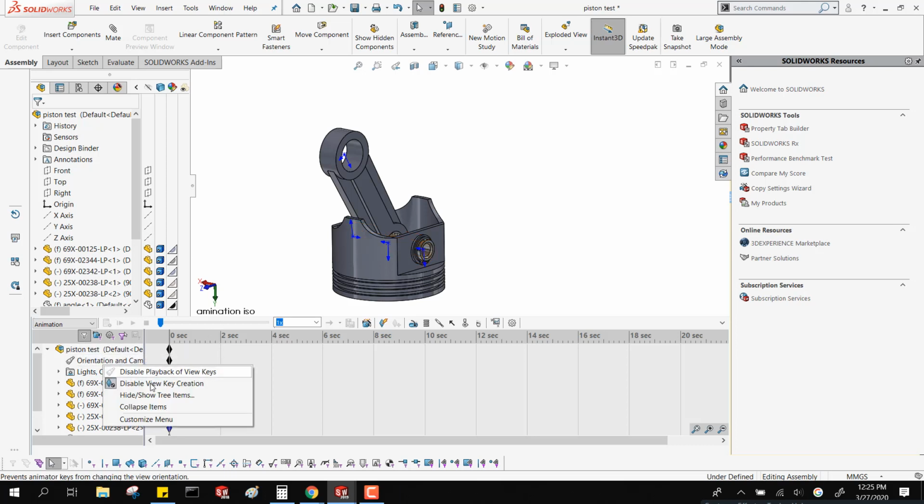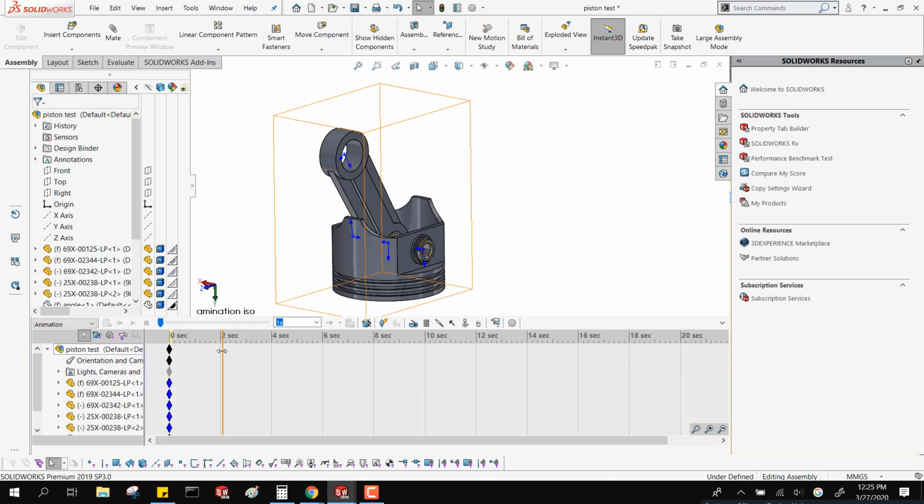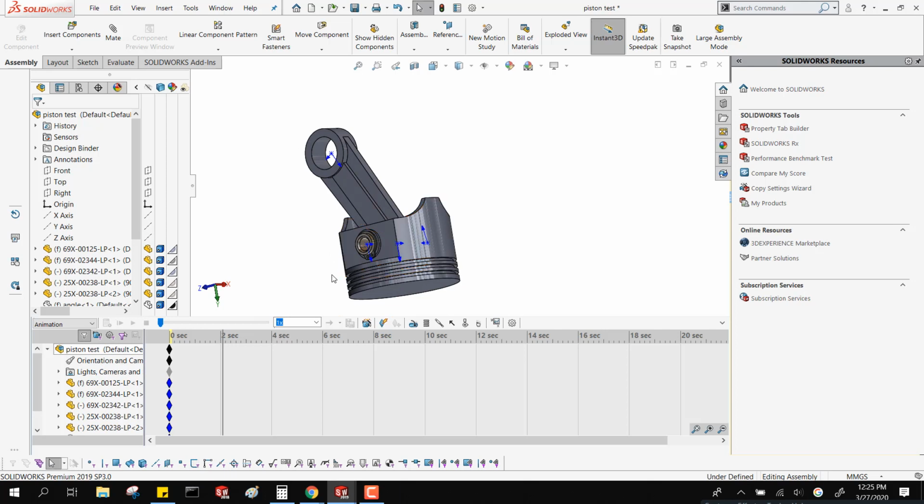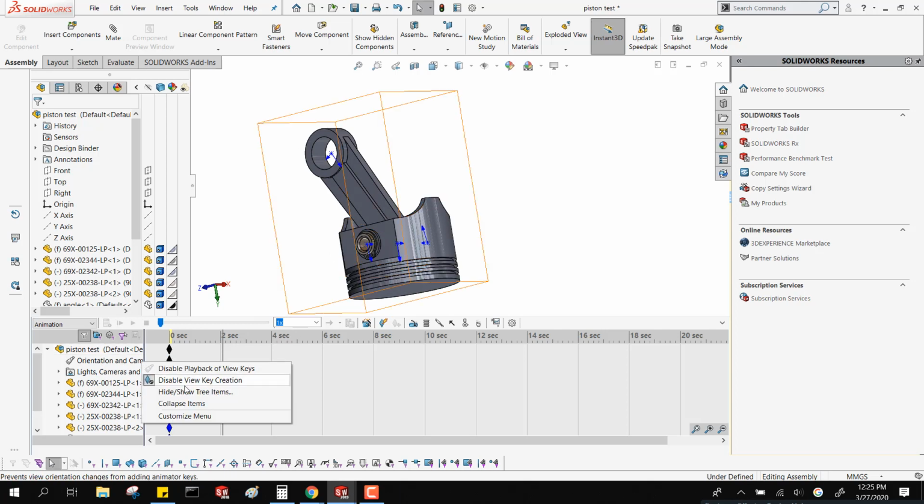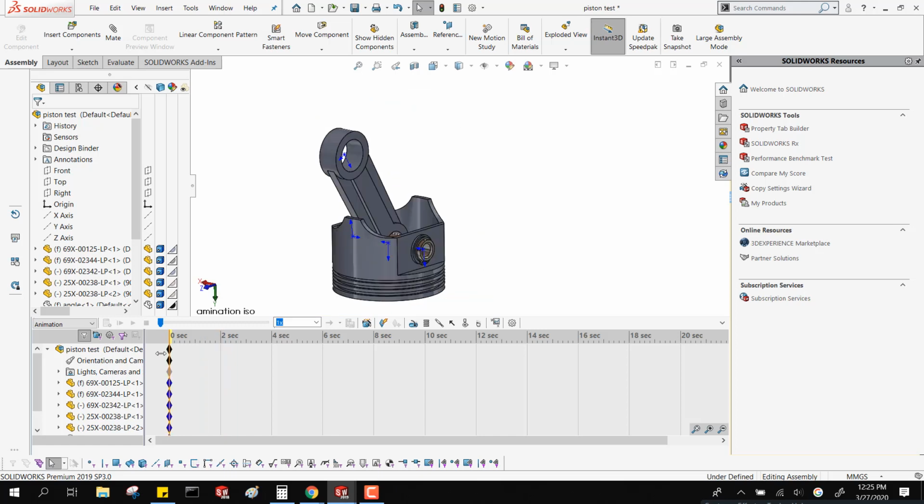It's automatically set up to disable key creation, which is nice because if I go to like second 2 and I turn this thing to be straight, if that is not disabled, it'll capture what my view is, and so it'll rotate the view from here to there if I want to, but I don't want to do that. What I want to do is a 10-second video where I start off in the ISO,